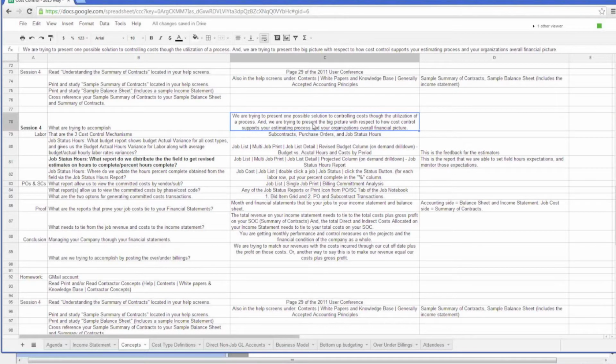And we're trying to present the big picture with respect to how cost control supports your estimating process